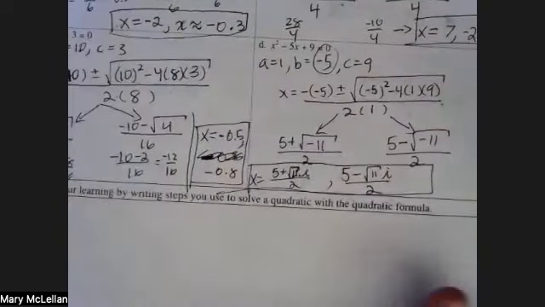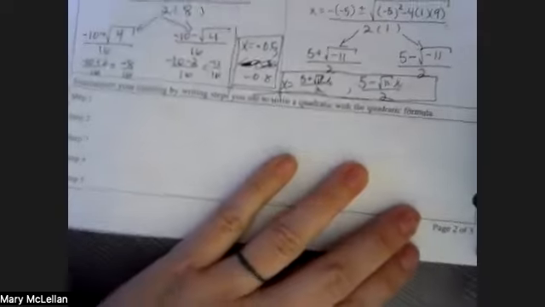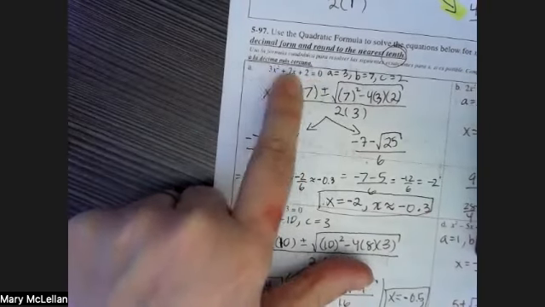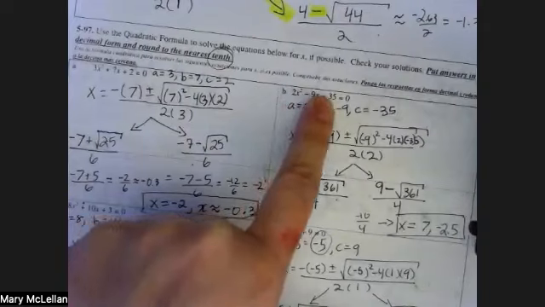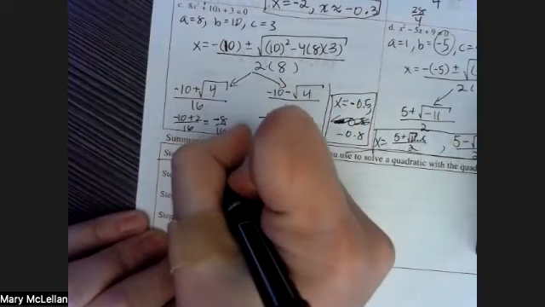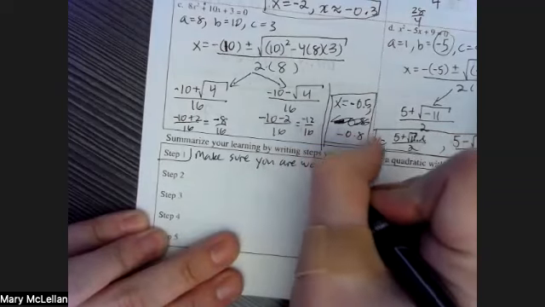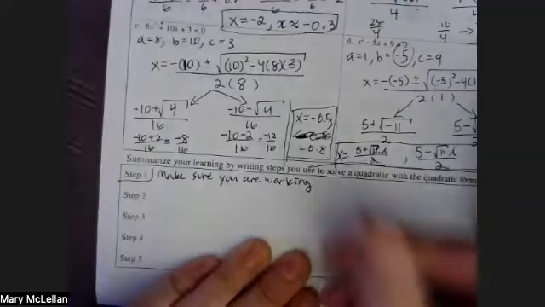Okay. Let's summarize what we've done. When you're solving an equation using the quadratic formula, you've got some steps to follow. First of all, this step you didn't actually have to do because it was done for you, but do you notice that all of these have ax squared plus bx plus c equals 0? You always have to make sure that your quadratic is set equal to 0. That's going to be step one, even though we didn't have to do it. Make sure you are working with an equation